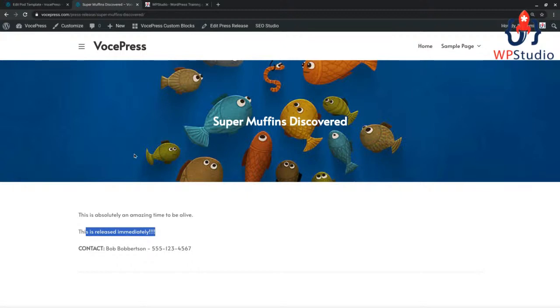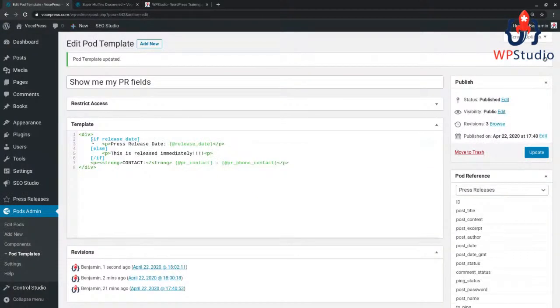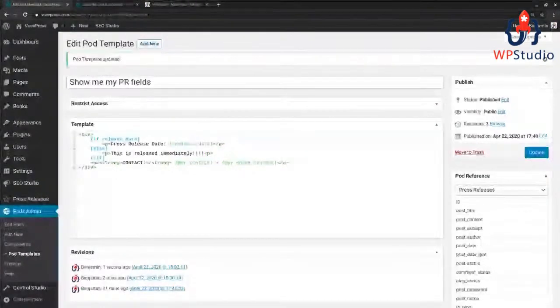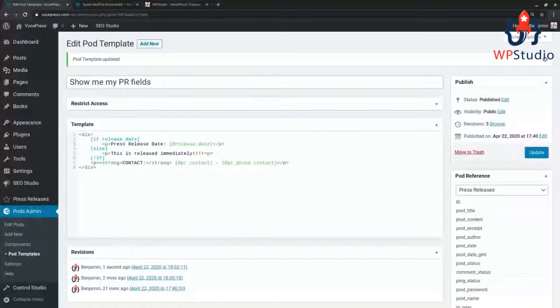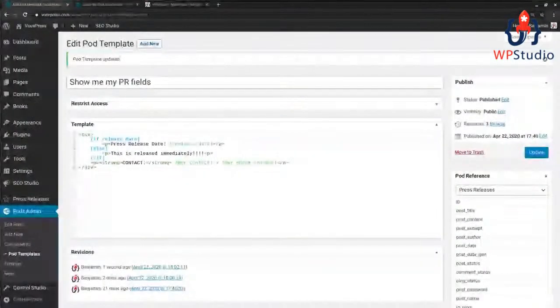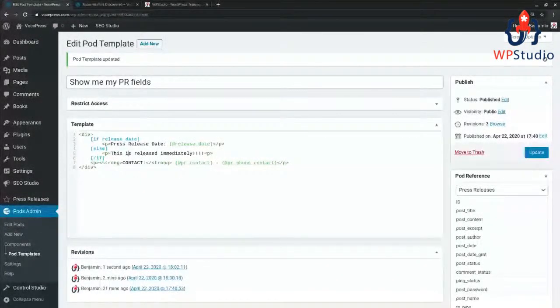The if-else statement only works within templates, directly in the templates of Pods. If you need if-else statements outside of Pods, that's where we'd have to get into PHP. We'll have to go into template tags. We'll have to go into queries because we have to check the metadata of each post to see whether or not a field has been entered. This is why getting started with Pods, providing a layout output,